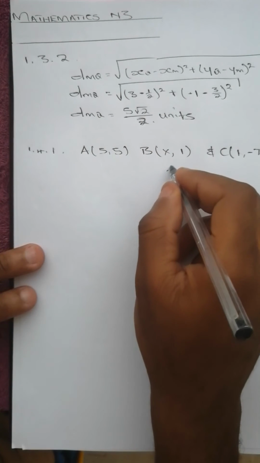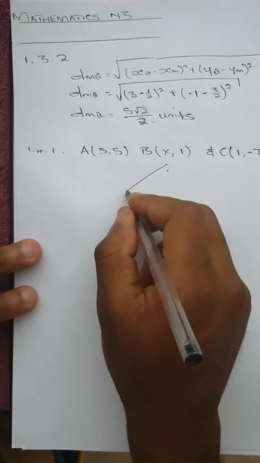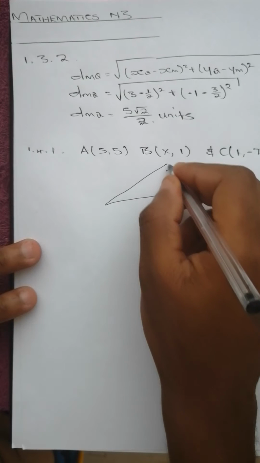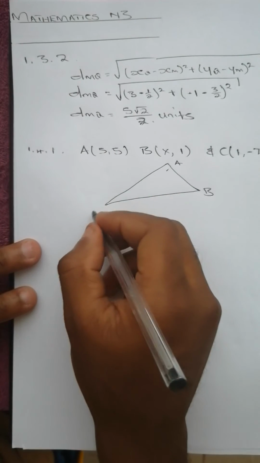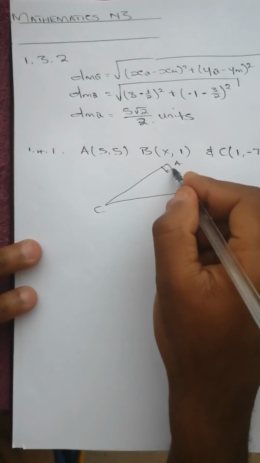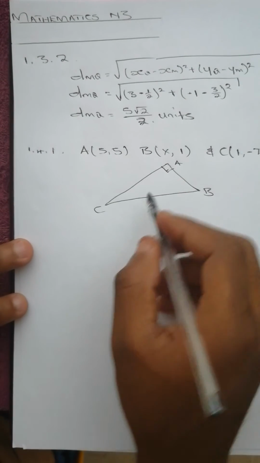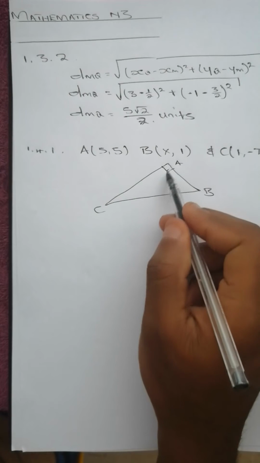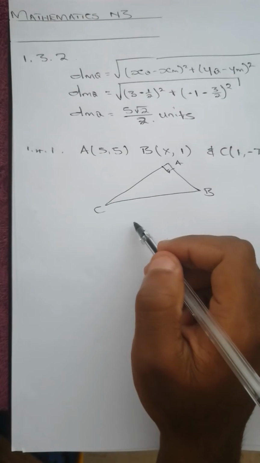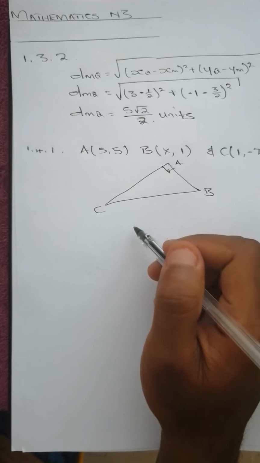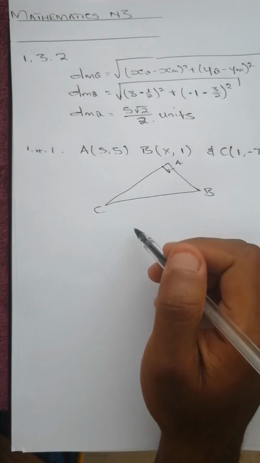Okay, let me draw the triangle. Something like this. We've got A here, B here, C. So we are told to determine the value of x for which this angle is 90 degrees. So to do that, we are going to